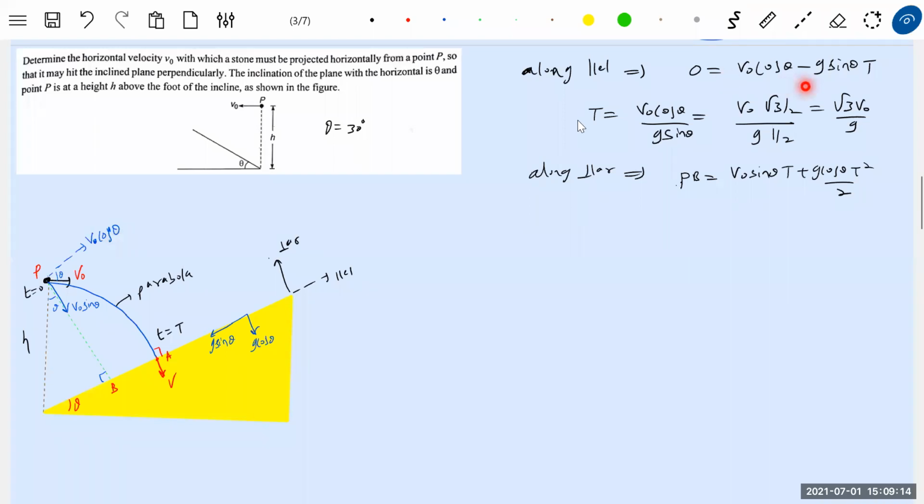These are the equations of motion parallel and perpendicular to the incline. This is a very simple way of analyzing such problems. Almost 99% of numericals involve applying equations of motion along the incline and perpendicular to the incline. The only thing is that the student must have a rough idea how the path will be, since the path decides the velocity and acceleration. Here it's v naught and g. What do you expect? The path should be somewhere like this. Or else you should have a general idea of how a stone moves when you throw it.